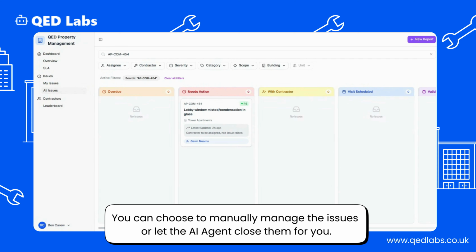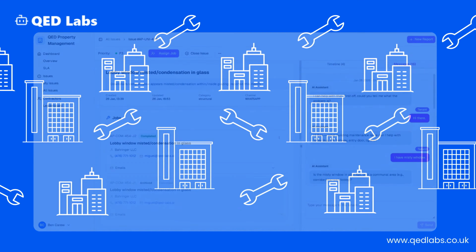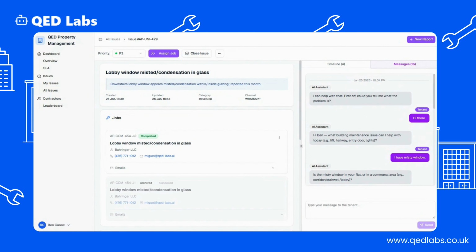Key data such as issue priority, building location, allocated personnel, and progress indicators are highlighted on the issue cards. By clicking into the issue card, I can now see additional information, as well as assign an engineer, reply to the tenant, or change the priority.